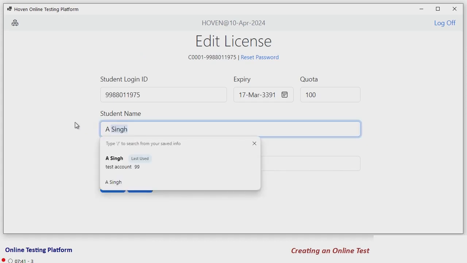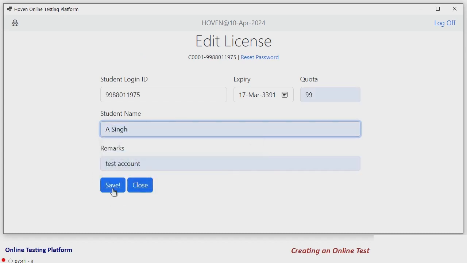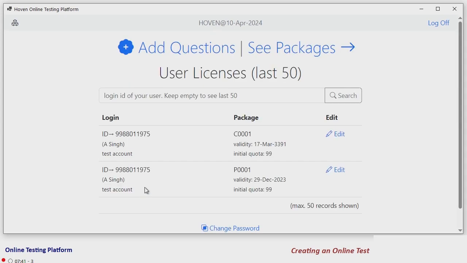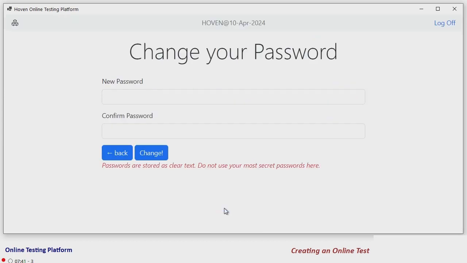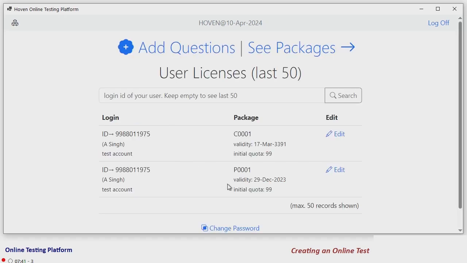Give a name, any name you want to give, any remarks, and save it. Once you have set the student, then you can close and come back. You can change your own password also. You can give any password you want for yourself. This password will be on this online testing platform,